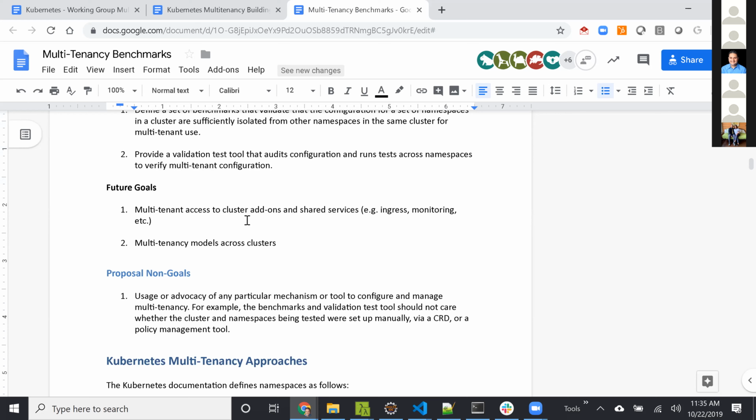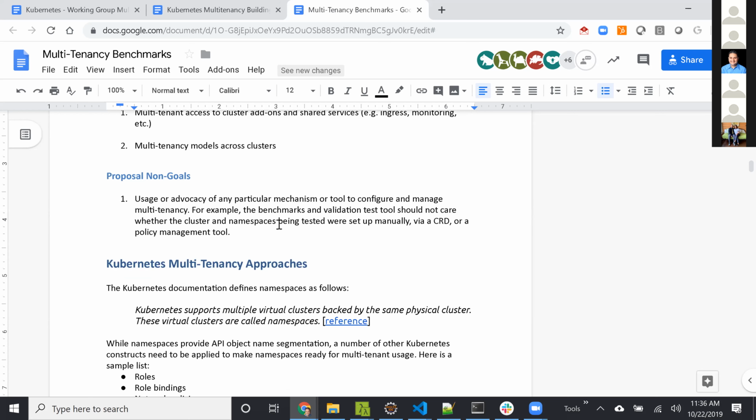You're talking about cluster API here, right? Yes, to some degree there may be some interesting things there, but for now we just wanted to focus on a single cluster. In the future, we could expand this to multiple clusters and things of that nature.